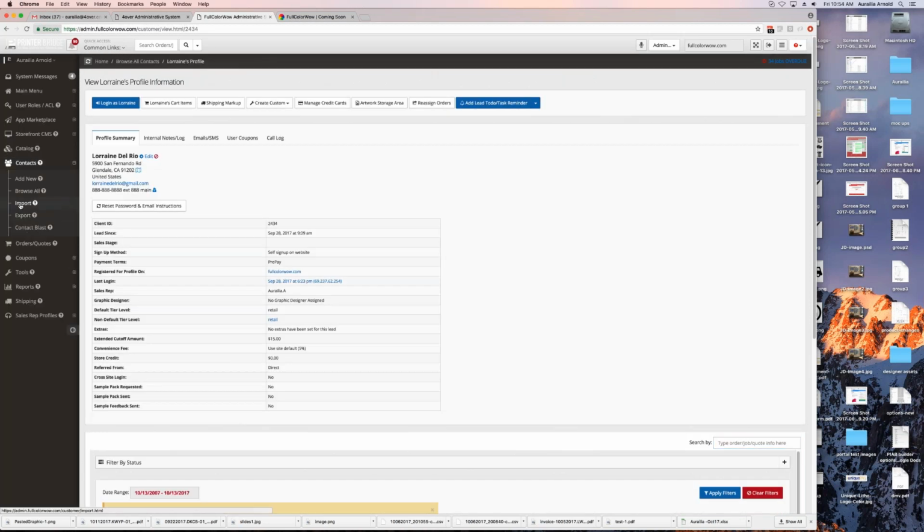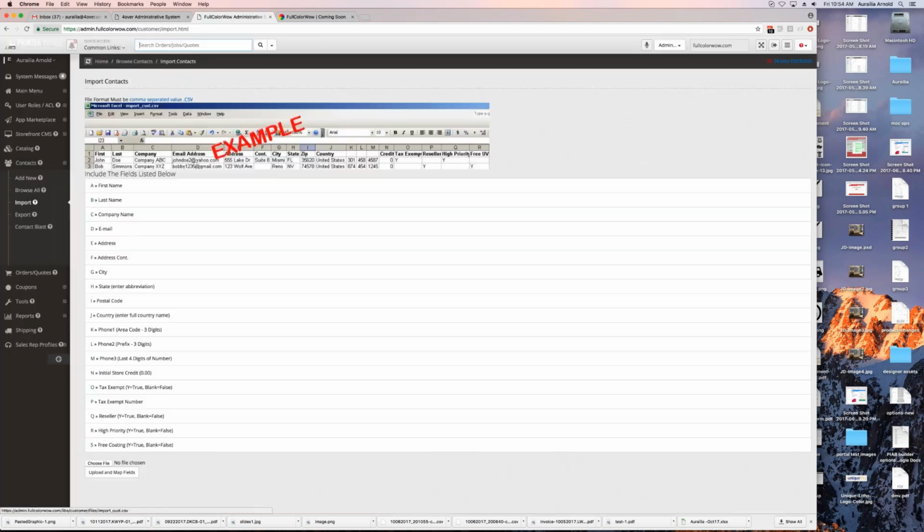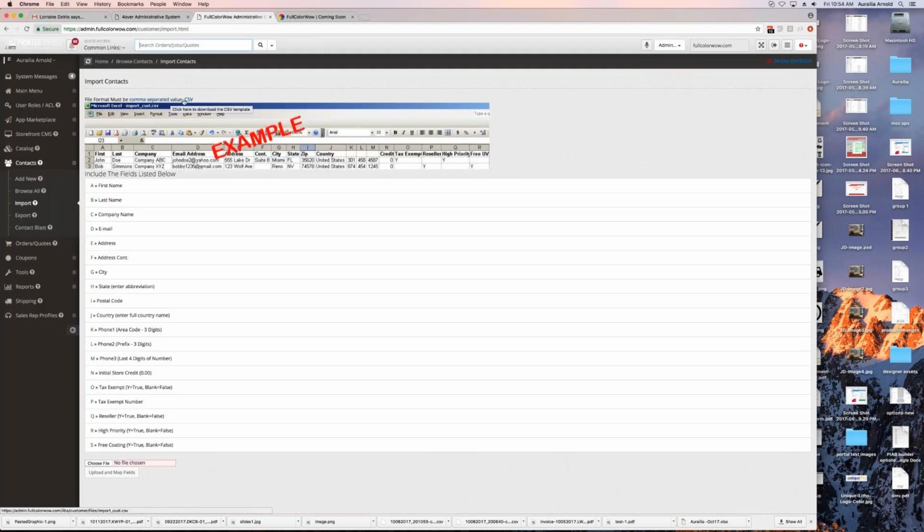Under contacts, you can also import your contacts. So if you have a list of contacts that you want to import, you can import it using this CSV file. So it gives you what areas need to be filled out, and then it'll be able to import all your